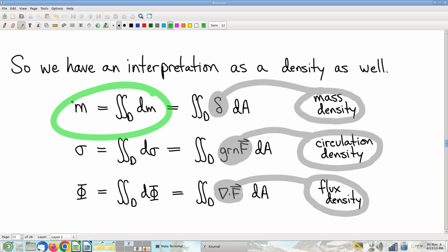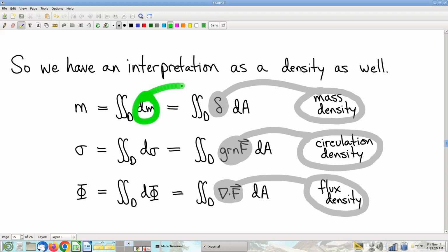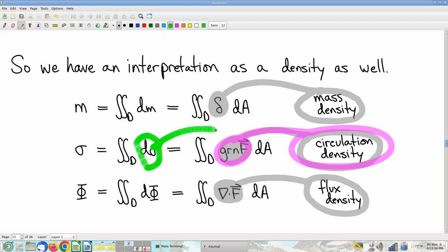You can see how much mass is in each little piece, and those little pieces of mass relate to areas by way of a density that we call mass density. Likewise, we've already seen Green's operator, same story. Little pieces of circulation relate to area by way of circulation density. And in exactly the same way,